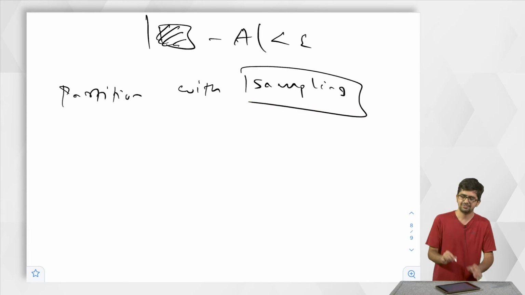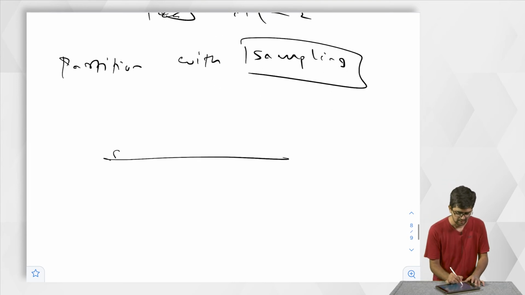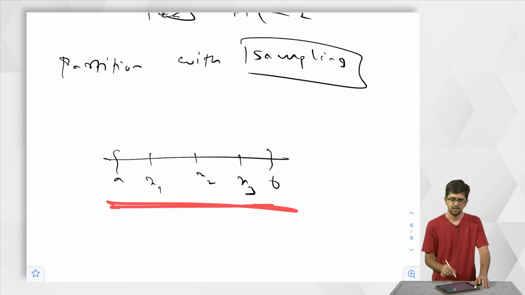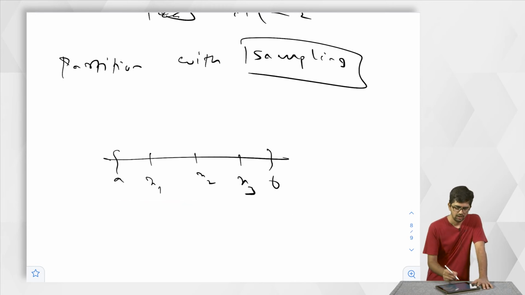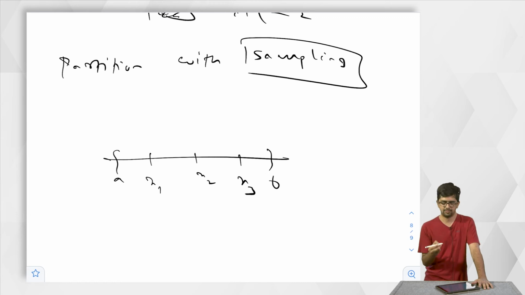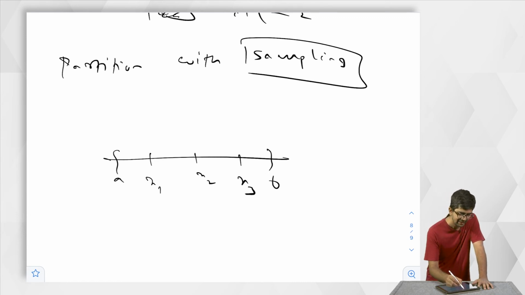This only means, yes, we are starting with the partition P, say a, b, with points x1, x2, x3. Then we have extra data also. If you are dealing only with partition, then what we have done in previous cases, we restrict f to [a, x1], [x1, x2], [x2, x3], [x3, b], then we took the infimum and supremum. Here what we are doing is the following, we take some random element